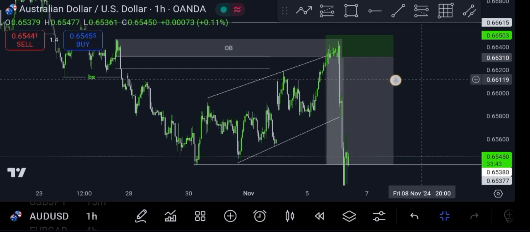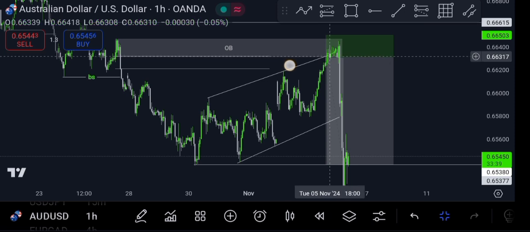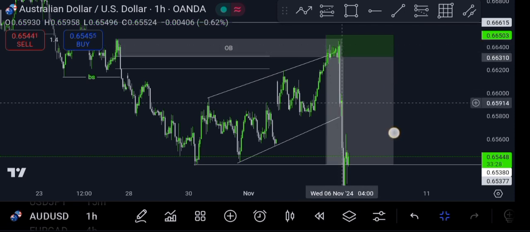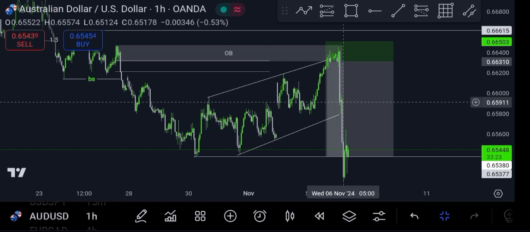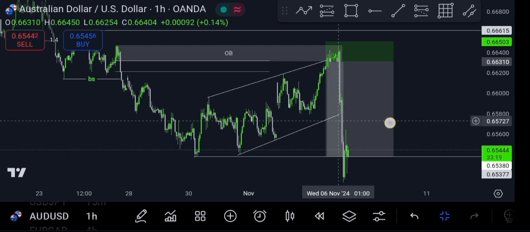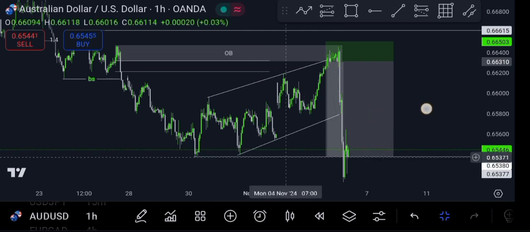So price came and gave me the third touch. After giving me the third touch, I was already in. It played a little bit in my order block, and then took off to the downside. It didn't even make a pullback. Price just took off to the downside. It melted down and hit my TP, I think, in about